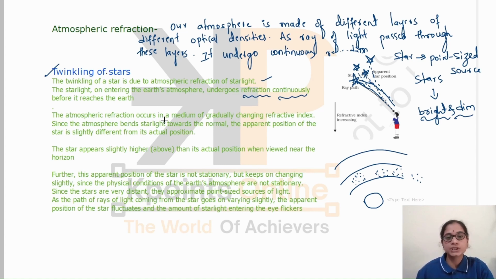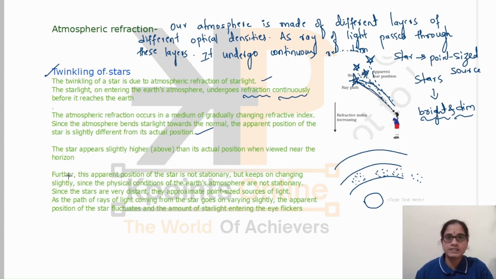The atmospheric refraction occurs in a medium of gradually changing refractive index. Since the atmosphere bends starlight towards the normal, you can see here the ray is bending towards the normal because it is entering from an optically rarer medium to a denser medium. The atmosphere near the earth is very dense when compared to the layers above it. So, the apparent position of the star is slightly different from the actual position. The star appears slightly higher, and you can also see it appears slightly higher than its actual position